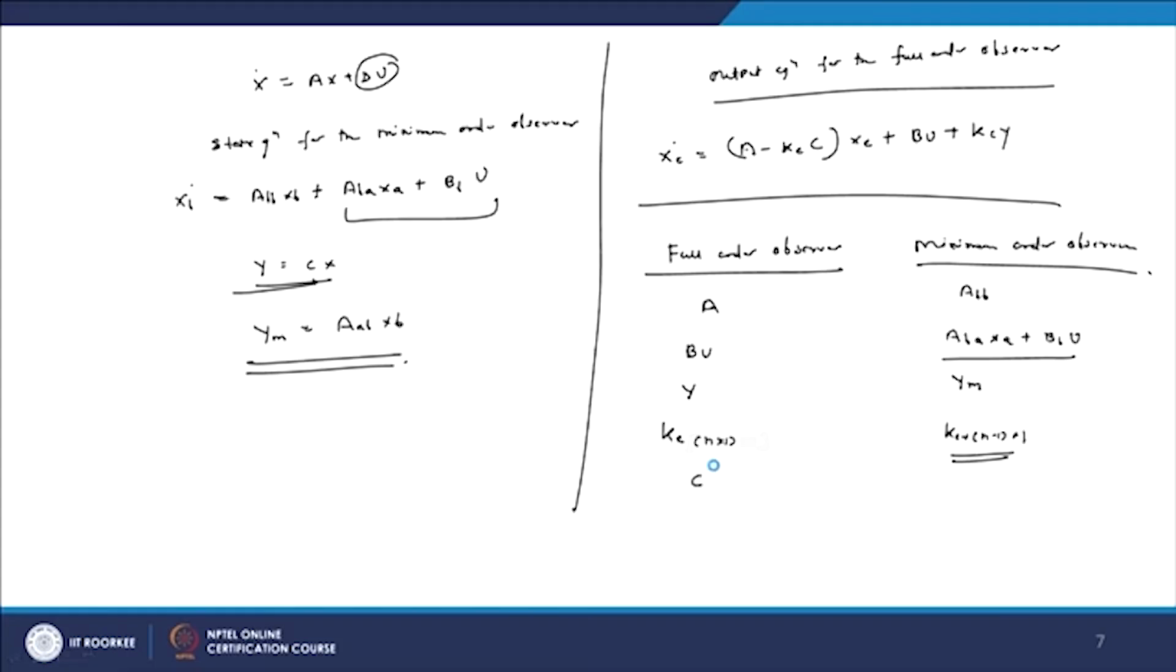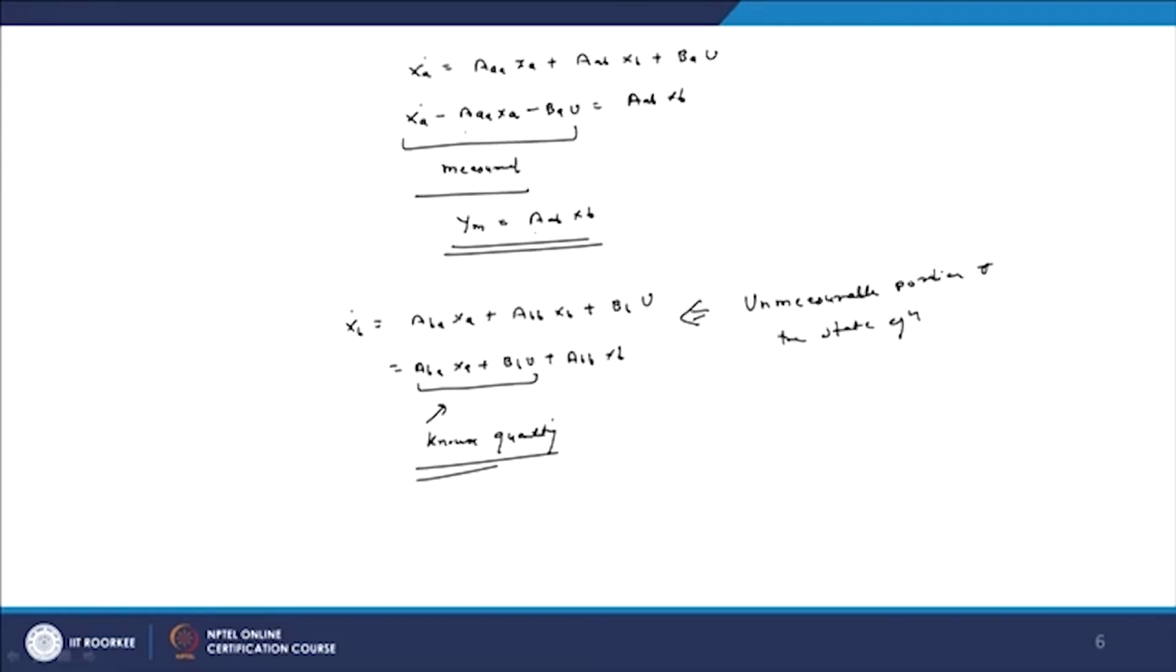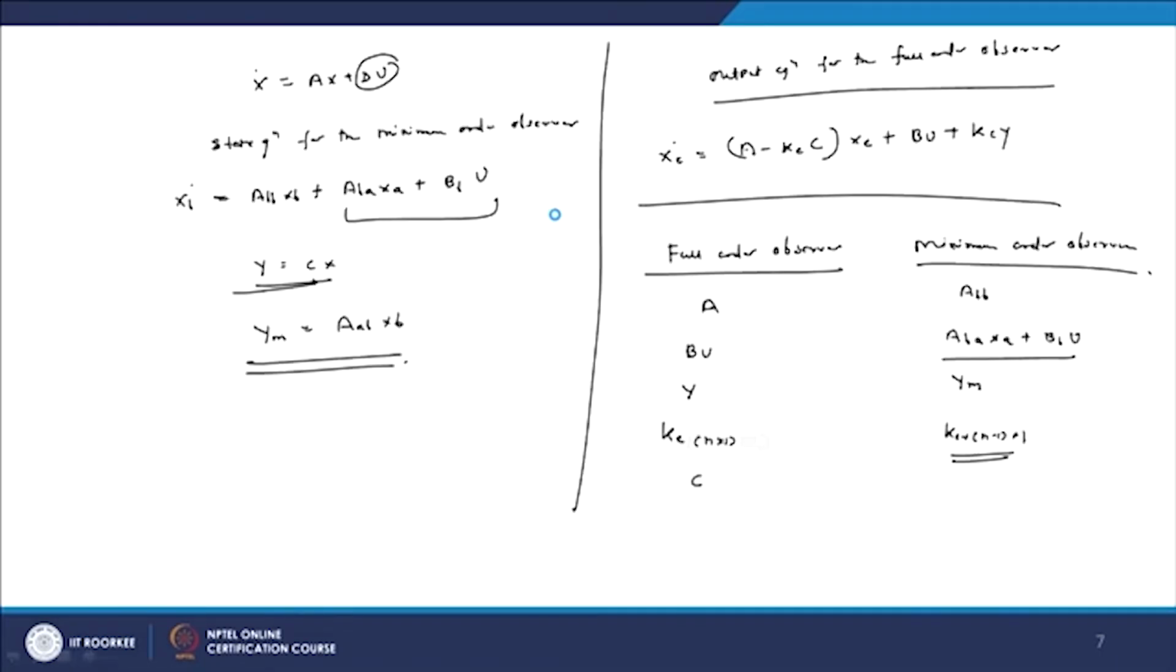Now, here we will find that this ym output equals AB into XB, that is nothing but the C. Therefore, we can write this as A into AB. So, all these elements we have written. Now, from this we write the output equation for the minimum order observer, as here, instead of XBE dot,